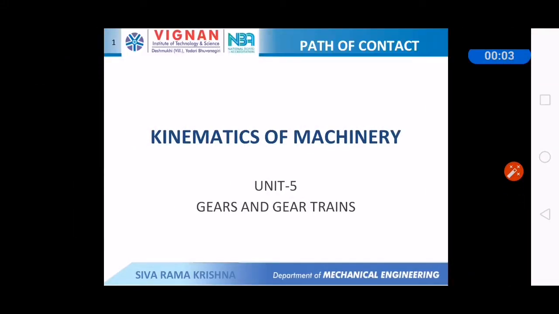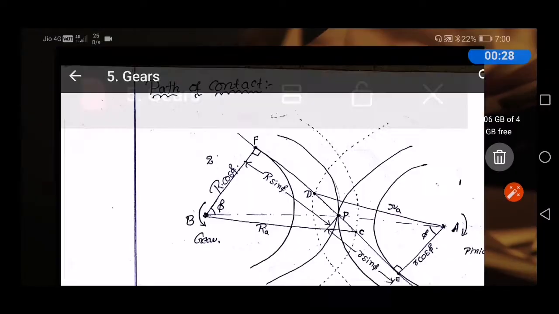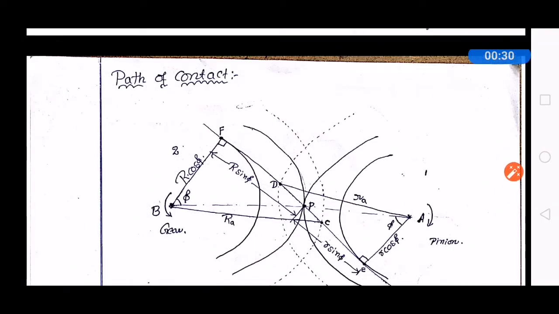Hello. In this video, I am going to discuss one derivation, that is path of contact in gears and gear trains. This is a topic from Kinematics of Machinery. So what is the path of contact? Path of contact is the locus of the point of contact between the two gears, from the beginning of engagement to the end of the disengagement. For example, if you see